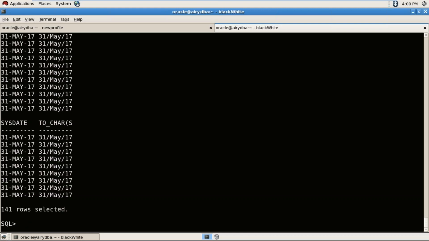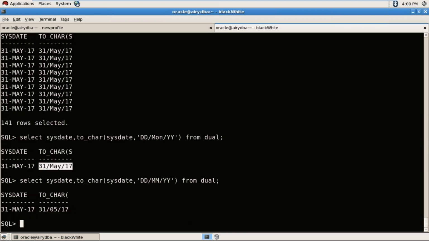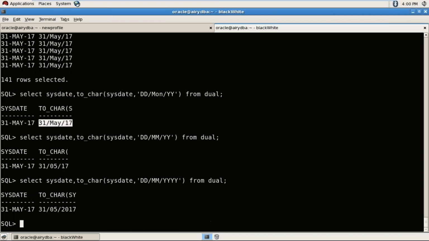So you have employees, or dual? Sorry, dual. Dual, right? So this is a date, but this is a characteristic, right? So next, if I use 4 times y, then you will receive it like this, right? So if I am writing d in capital or d in small,